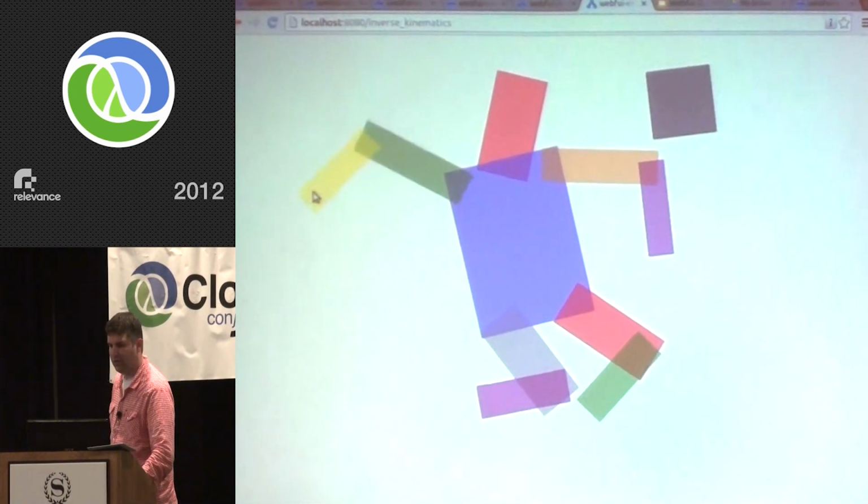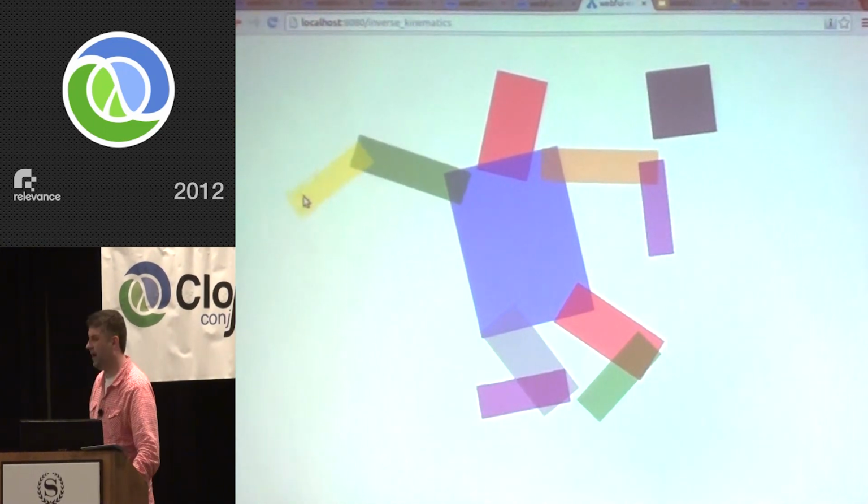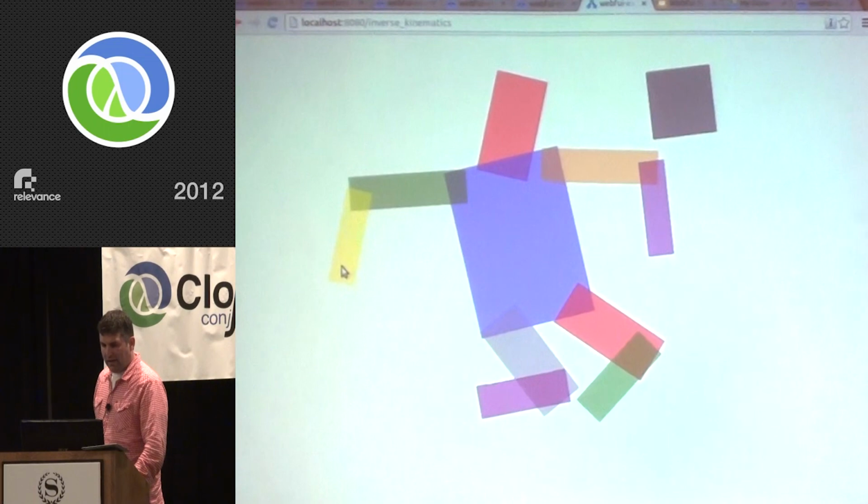Yeah, and you can see the performance is pretty good, and this will work on an iPad, though it's a little bit slower on an iPad. And that's pretty much my